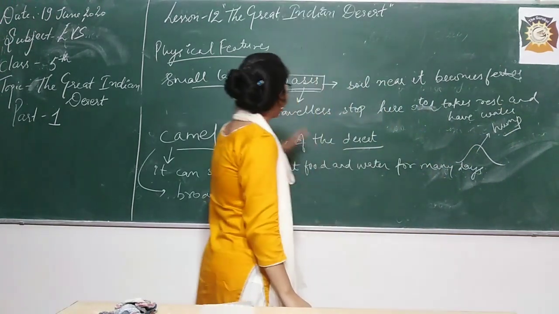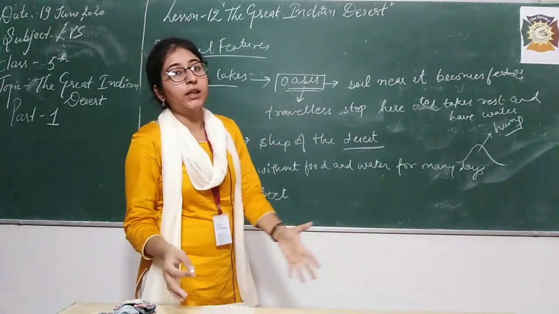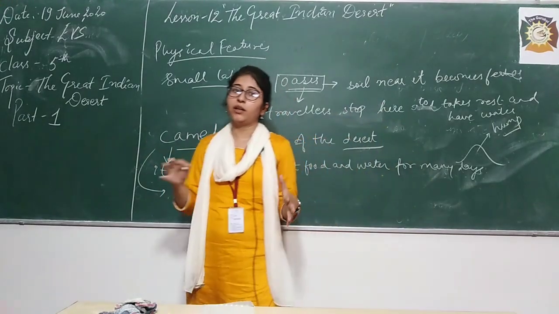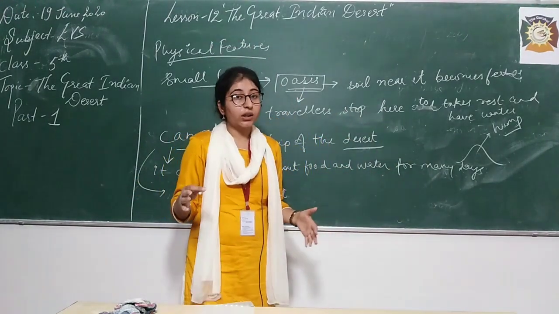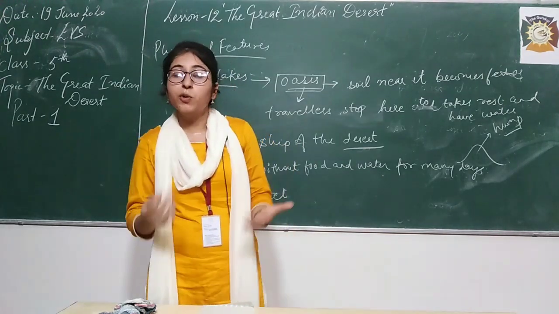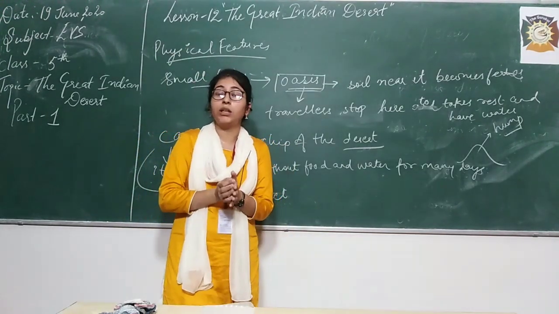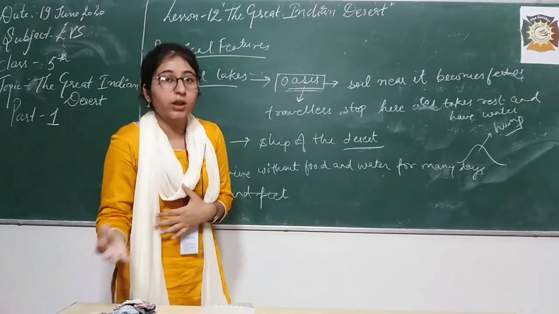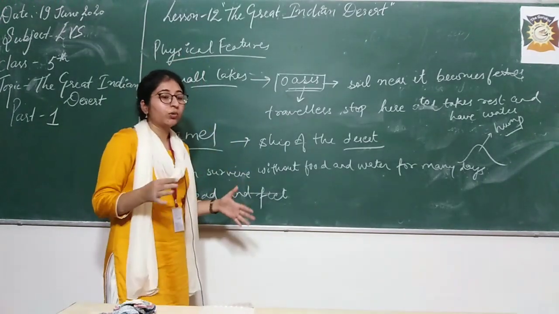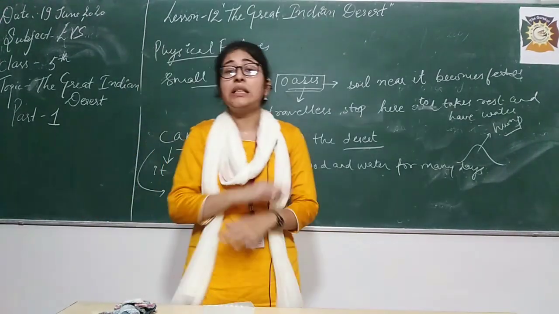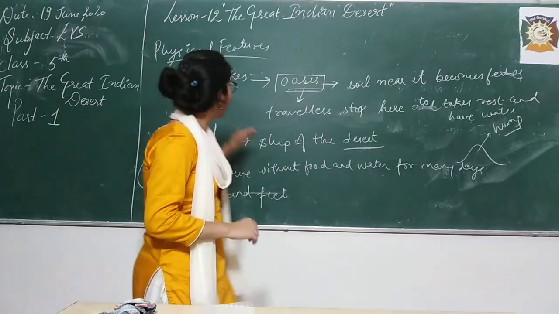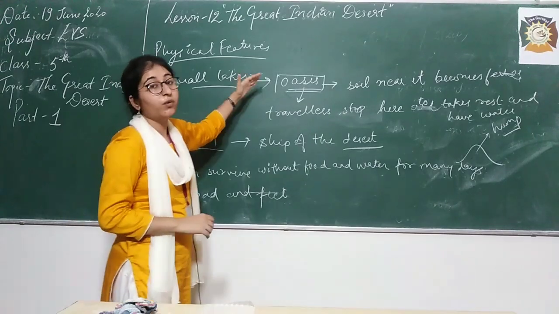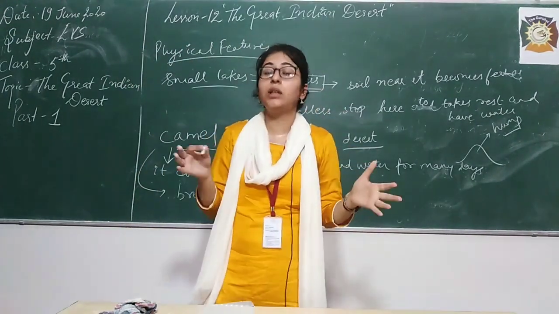So there are some benefits, and obviously if in a desert we get a lake, it is like icing on the cake, right? It looks very beautiful. So what did people do? They grow crops there and build their houses there. Many cities are developed near these oases. So these are like a boon in the deserts. It is very beneficial to have oases in the deserts.